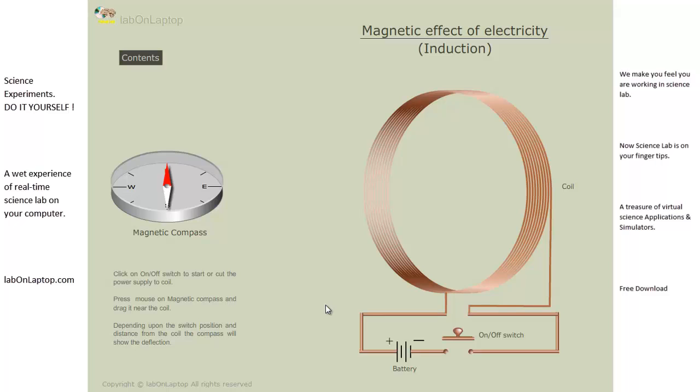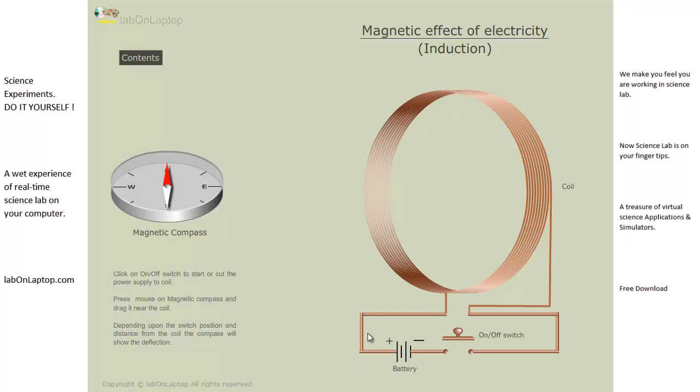This is our experiment on the magnetic effect of electricity, that is induction, that is what we call induction. As you know, the objective of this experiment is to see the property of magnetism through this given compass and electricity through this coil, which is given here with a power supply.